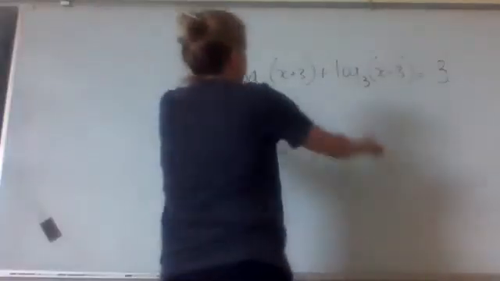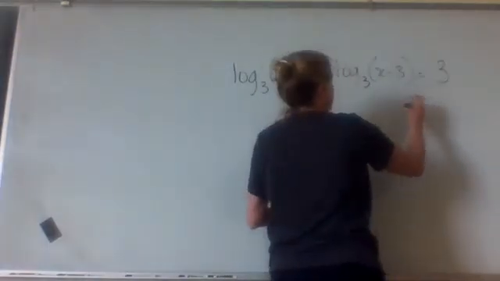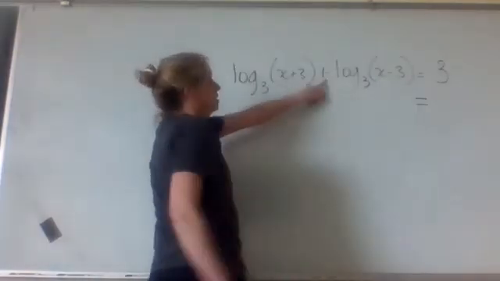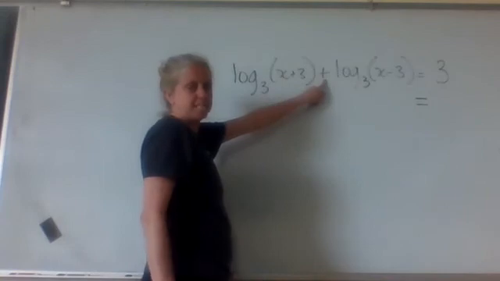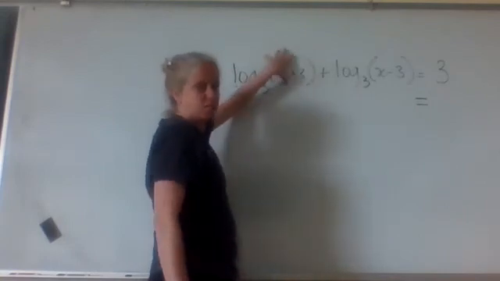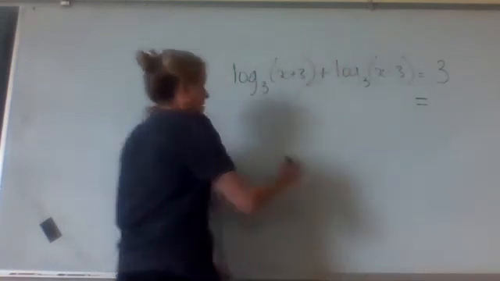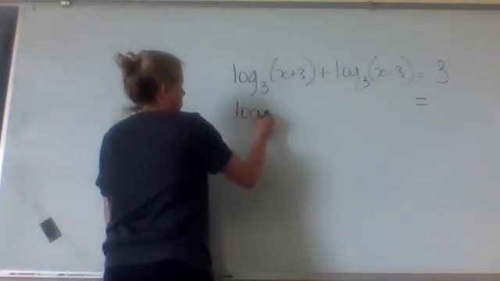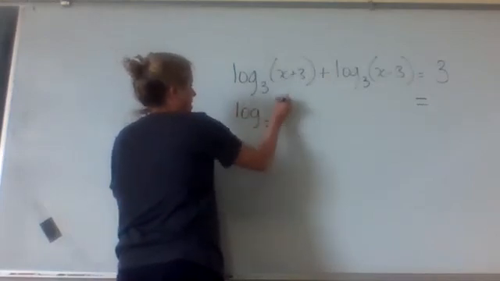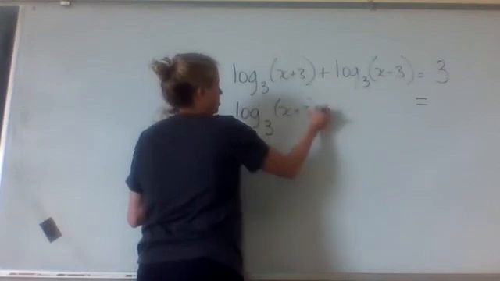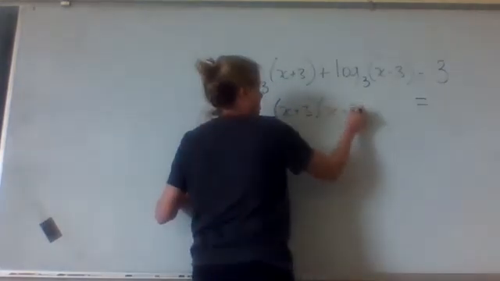So again, 2 logs on the same side. Let's rewrite them as 1. Since it's plus, my 1 is going to be x plus 3 times x minus 3. So log base 3 of x plus 3 times x minus 3